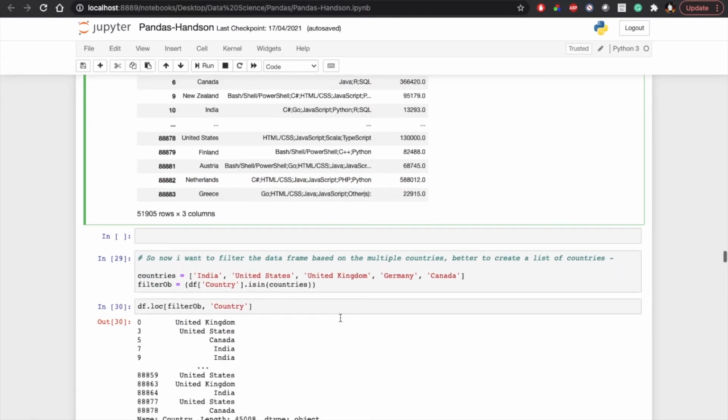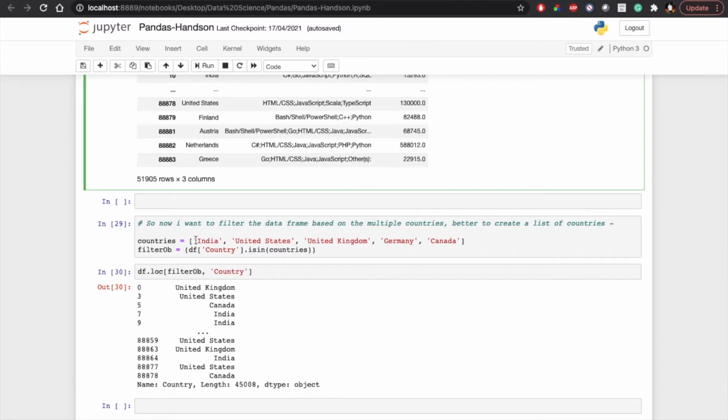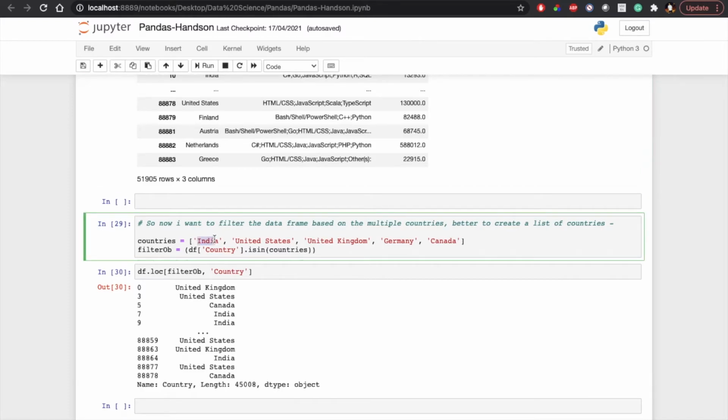Now I want to filter the data frame based on multiple countries. Suppose I need data based on the country. I created a list of the countries I want: India, United States, UK, Germany, and Canada.